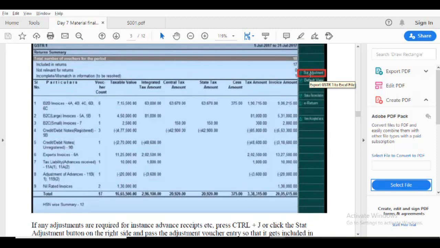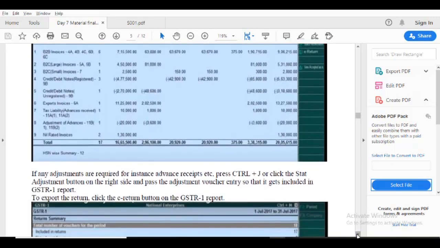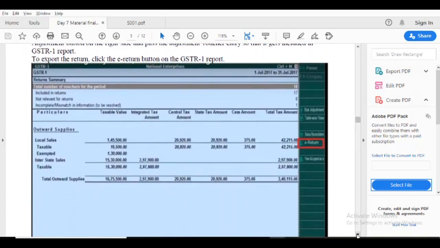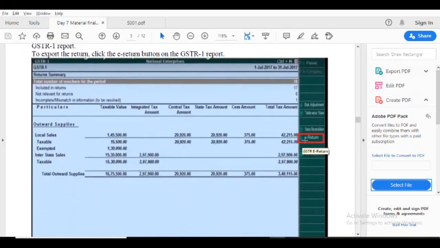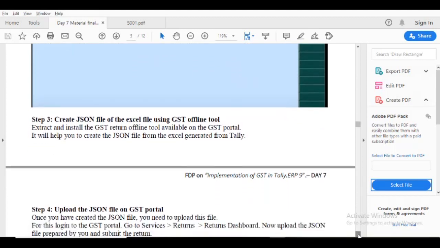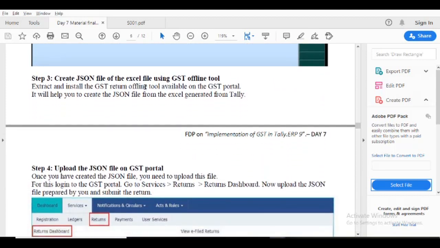Then press Enter, Control+E. When you press Control+E, the exported file is saved to our local desktop.